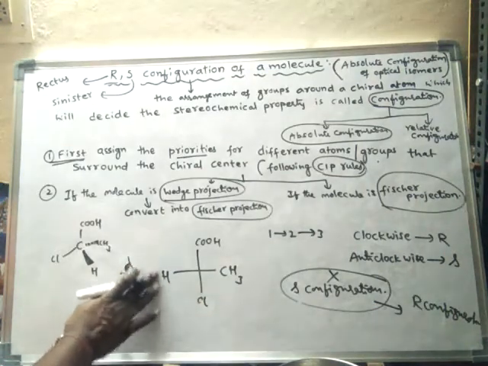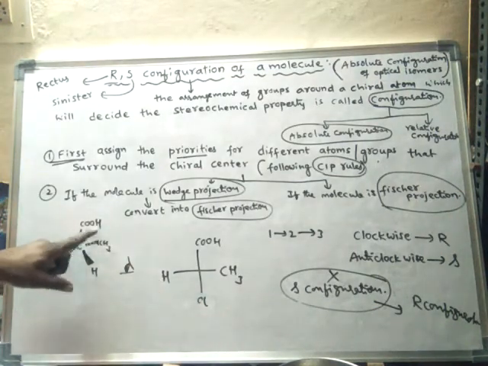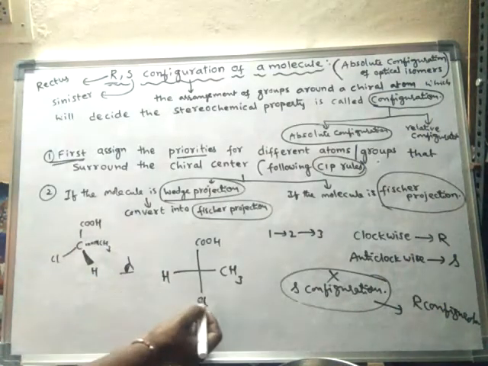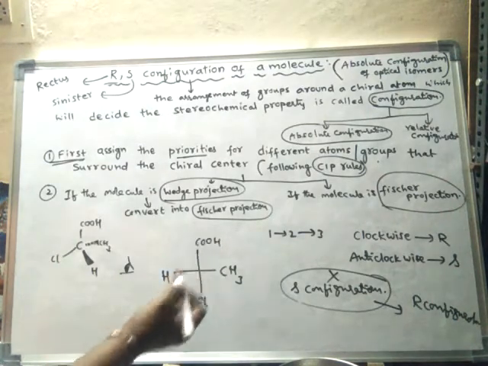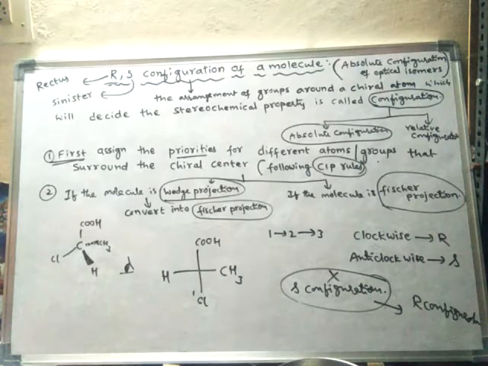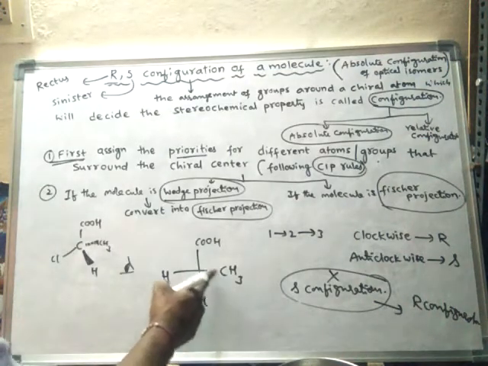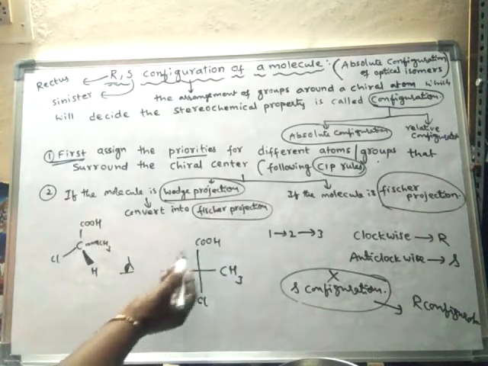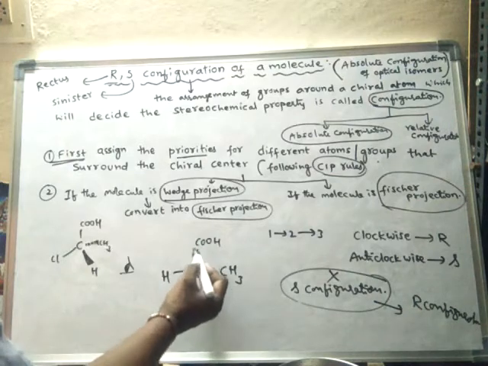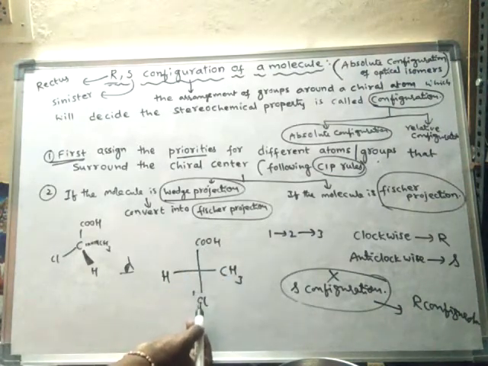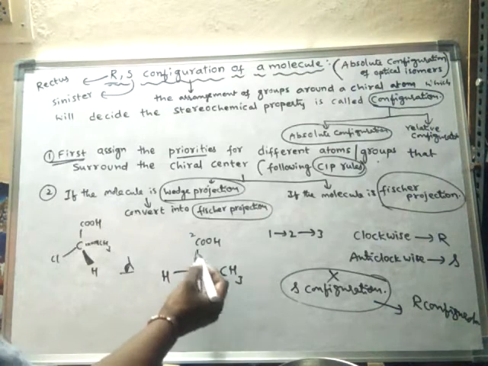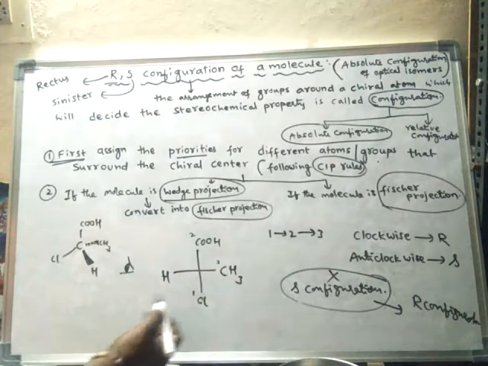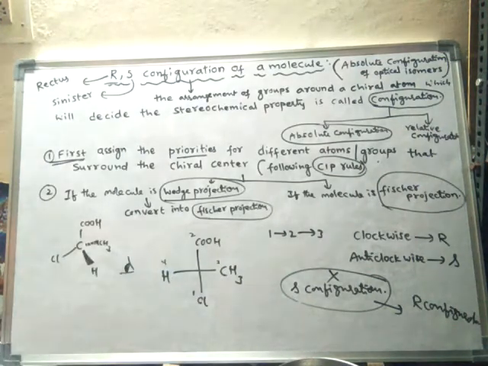Right. We may assign priorities at the beginning, or even now we may assign. So now this is chlorine, hydrogen, carbon and carbon. Chlorine will get first priority because it has atomic number 17, whereas these carbons have atomic number 6 only. Out of these two, the COOH group will get the next priority after chlorine, and the next priority after COOH is the third one, the CH3 group, and this will be the fourth priority group.